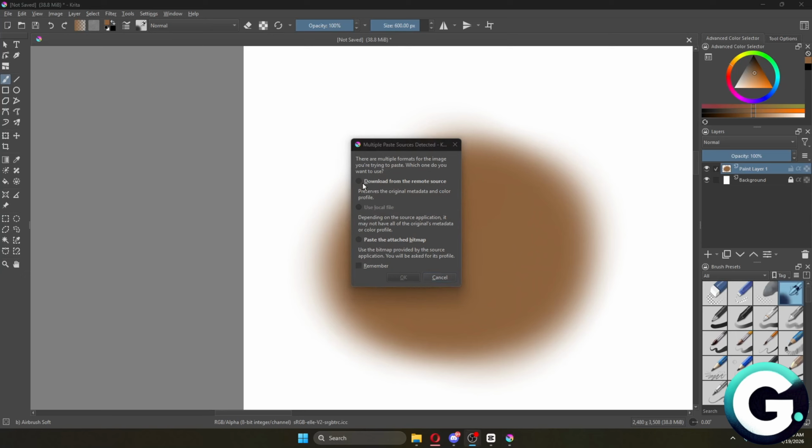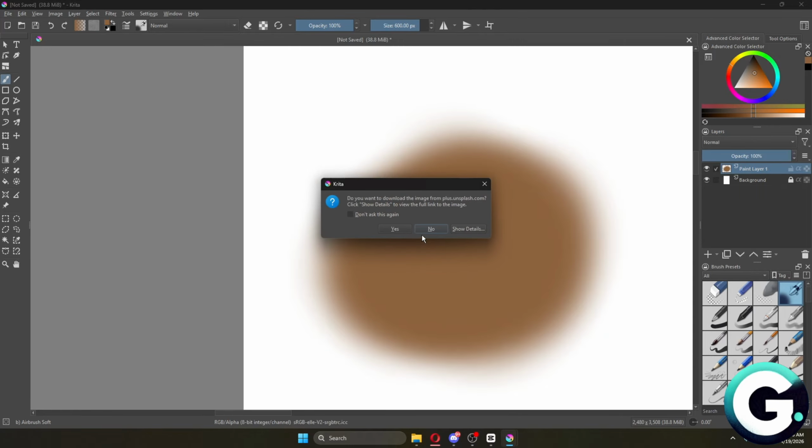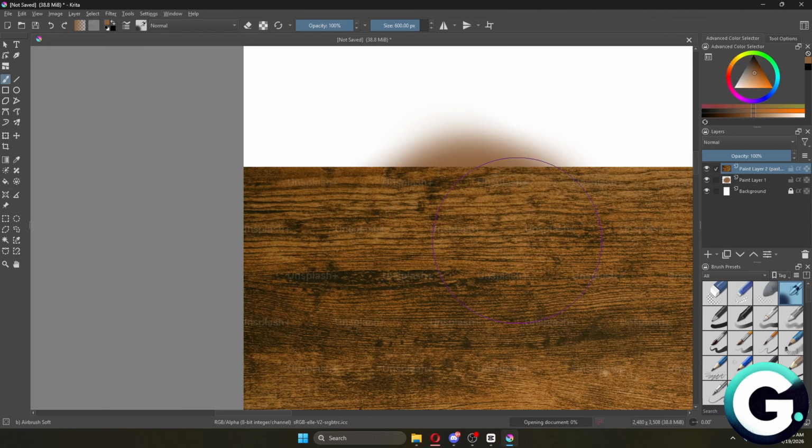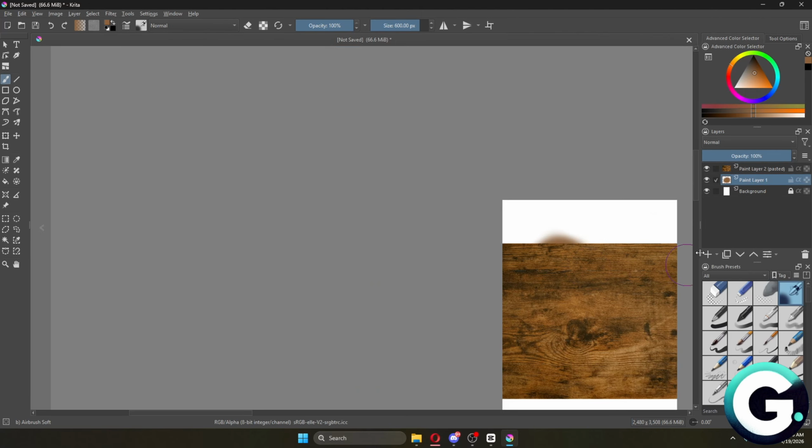From there, select the first one, which is to download from the remote source. Click on OK, click on yes, and then this will show up. So you could just make sure to align everything with this one, and right after that, highlight both groups